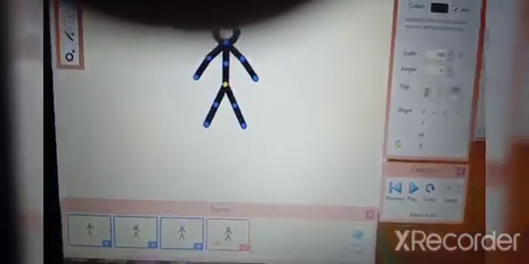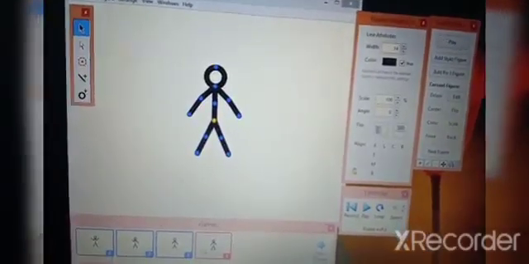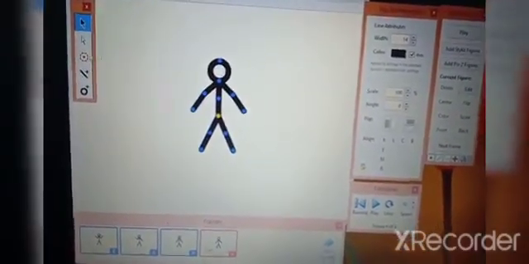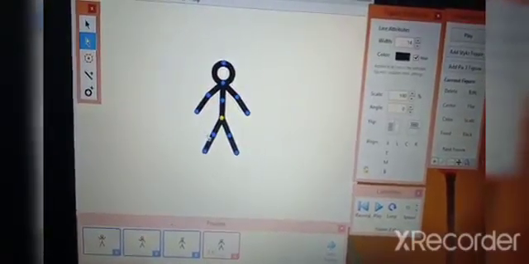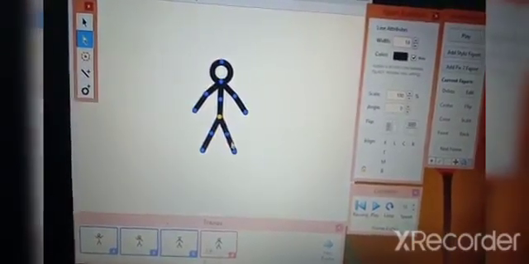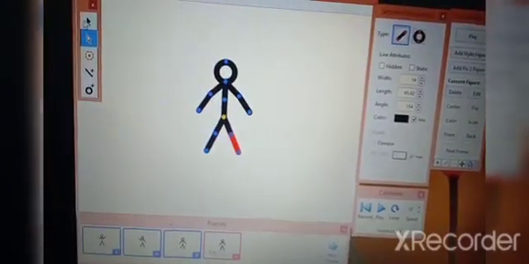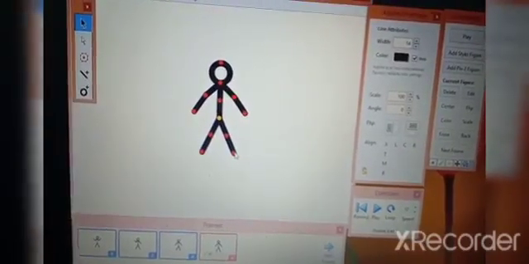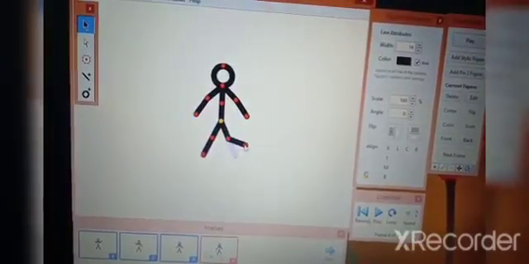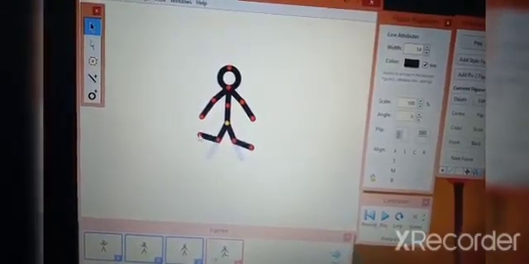Now your figure is this in the fourth slide. In the fourth frame, you can move this. Select this segment, see here, or you can just move this leg by clicking on this and do like this.